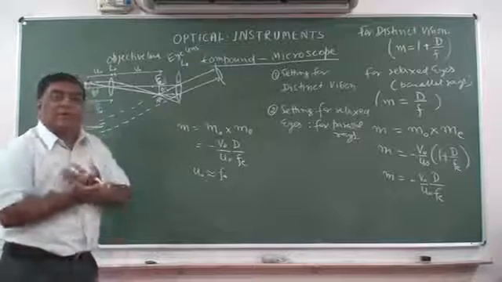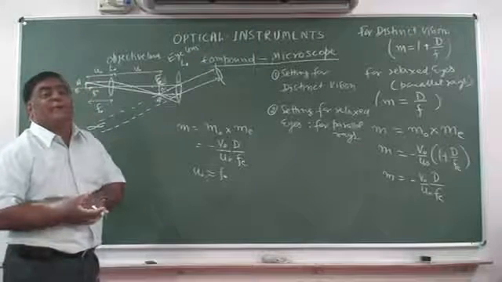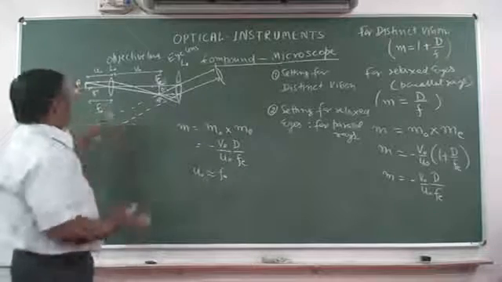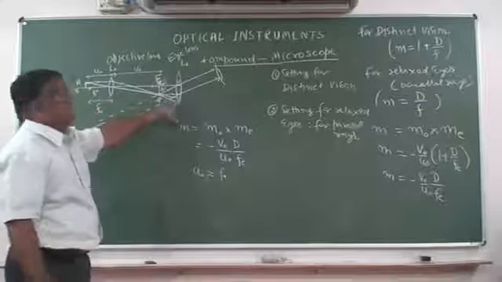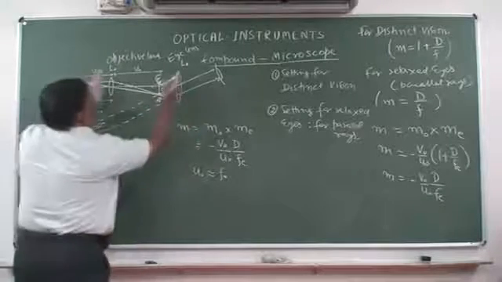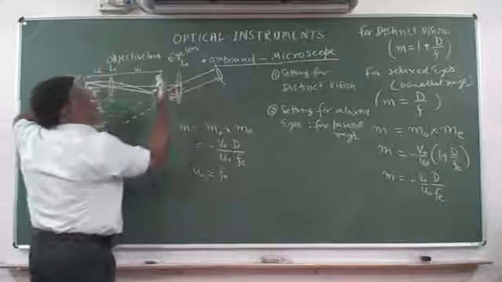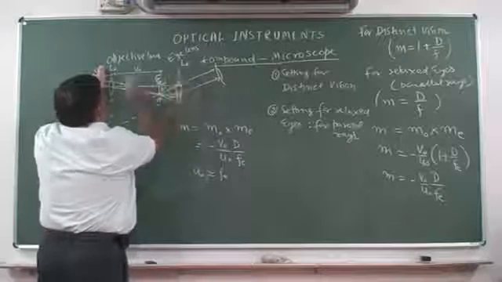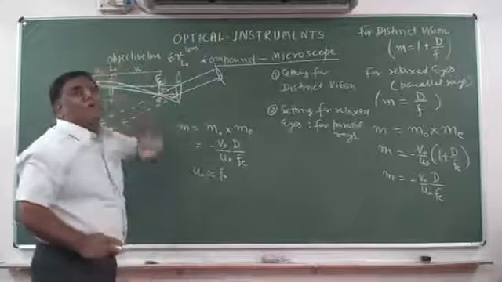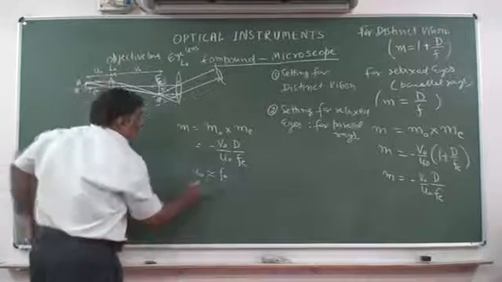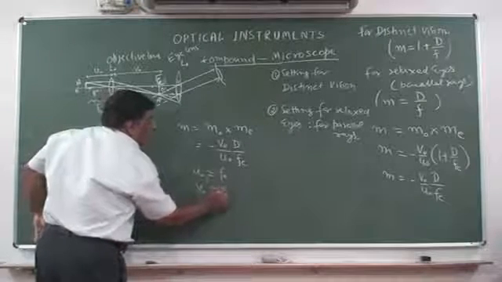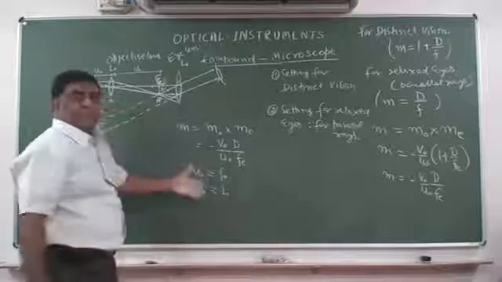Now another term we observe, what is the length of a microscope? The answer is the length of a microscope is the distance between two lenses. यहाँ से माइक्रोस्कोप शुरू होता है और यहाँ आके खत्म हो जाता है. So this is the length of the microscope. If this is the length of the microscope, most of the place is used by V0. So very roughly हम मान लेते हैं that V0 is approximately equal to the length of the microscope.